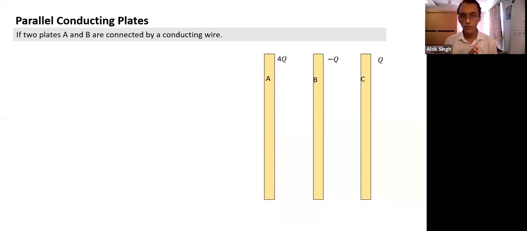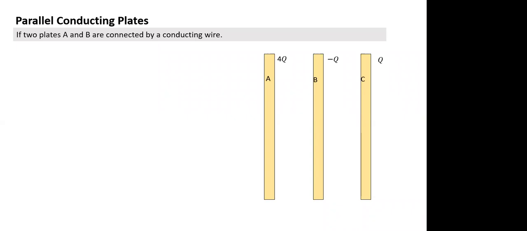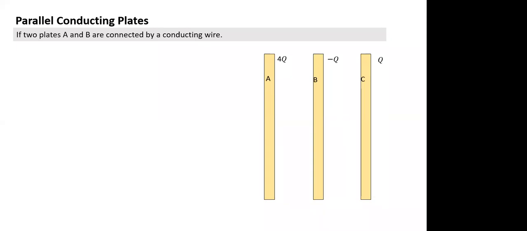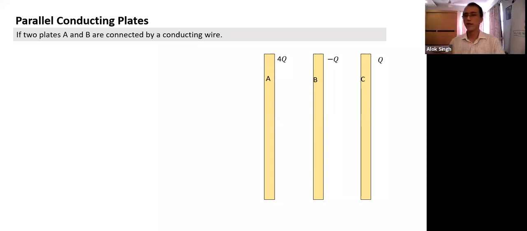All are okay? So, what did I mention just now? What happens when we connect two conductors by a conducting wire? The charge will move from a higher potential to a lower potential until the potentials become equal. That's what happens by connecting a wire. And both put together, charge is conserved. This is valid for any two conductors. It doesn't matter what the shape is. It is an almost universally valid statement.